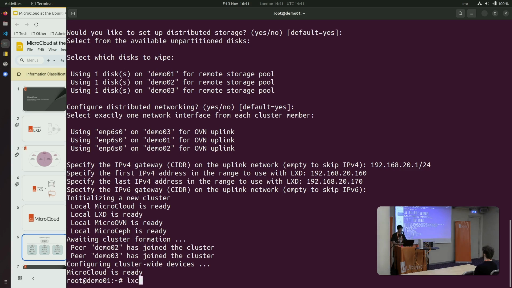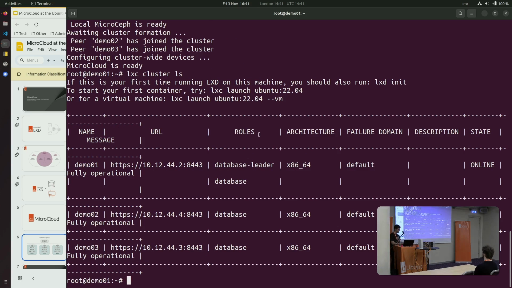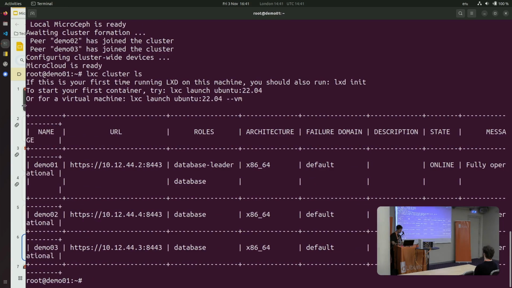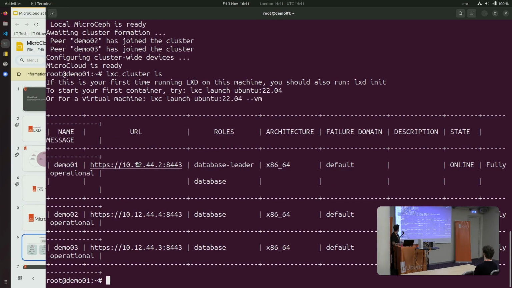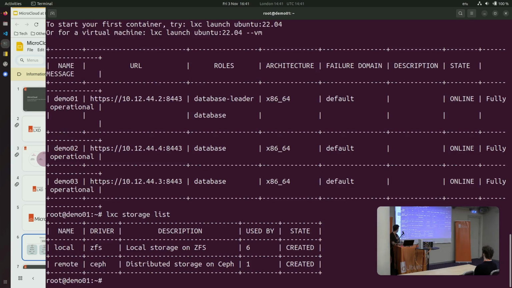So let's have a look at what that looks like. So I type lxc cluster list. I'm just going to make my screen a little bit bigger. There you go, so you can see it. So we can see there's 3 cluster members, and demo 1 is currently the database leader. If I have a look at storage, I can see it's created my local ZFS pool and my remote Ceph storage pool. And if I launch now a container,